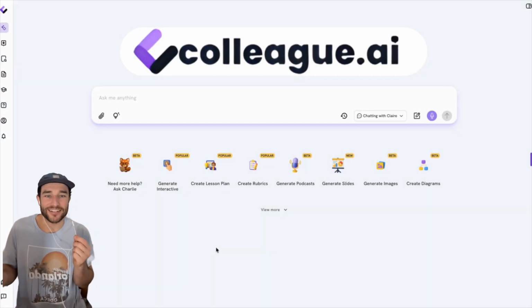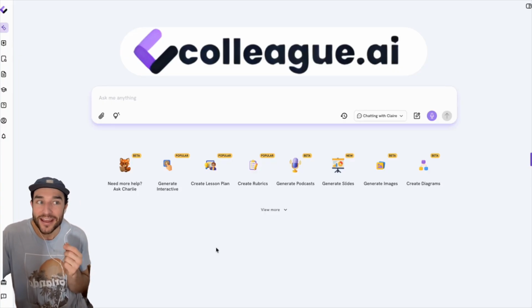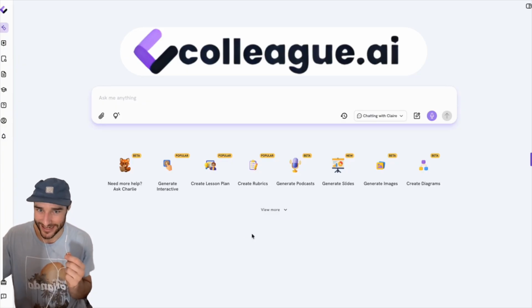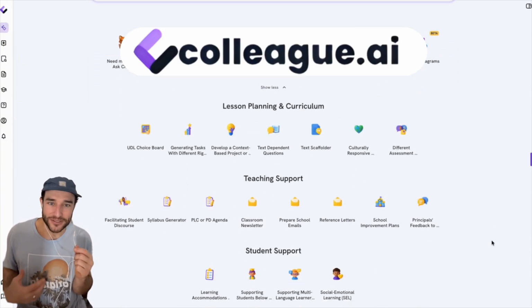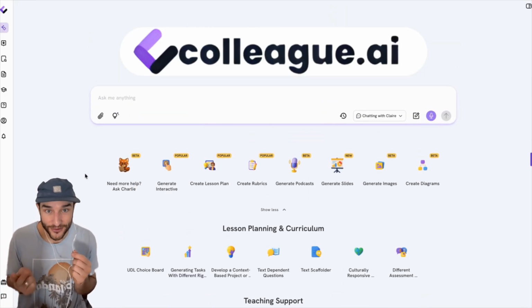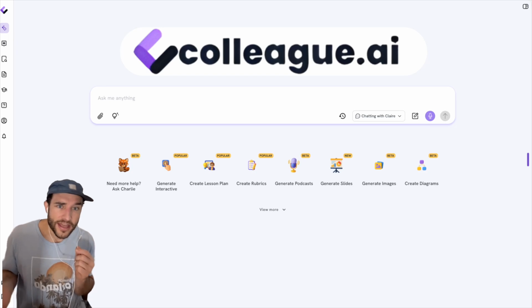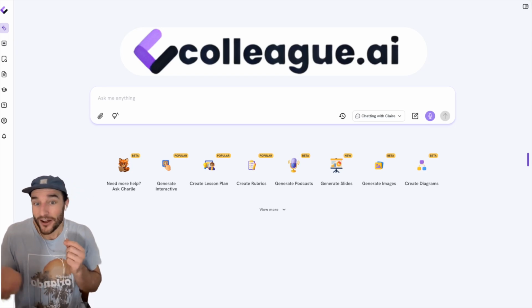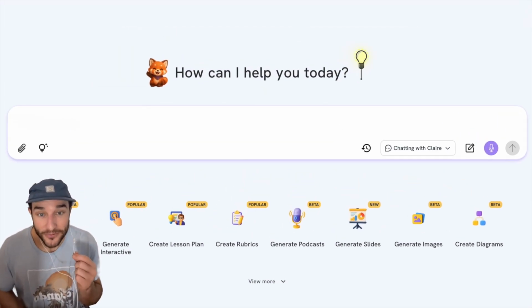Let's jump in. So here we found ourselves looking at the dashboard of Colleague AI, which is one of the many AI and education platforms that exist for teachers today. And if we look around, there are so many different tools I can use, and I'll use a couple of them to make a podcast. I'll make multiple supporting texts, several assessment options, online interactive grammar activity, rubrics, all within a 90-minute planning period. I'll use best practices along the way, and I'll use this tool ethically while I try really hard to close